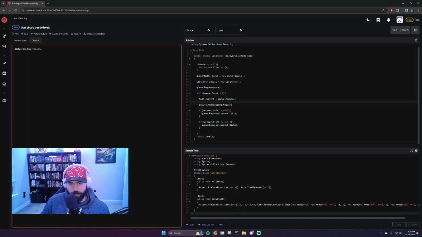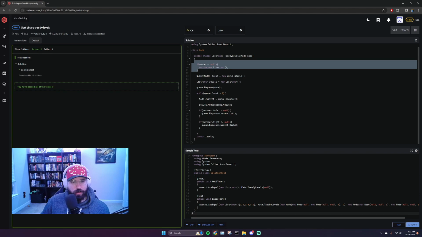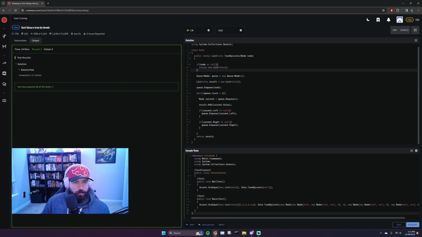All right, let's run this test. Cool, passed all the tests. So we already went through it a couple more times, but one last time: if node is null, we're going to create a new list. We're going to create a new queue of type node. We have a new list of results. We are going to enqueue our node, and while that count is greater than 0, we are going to dequeue